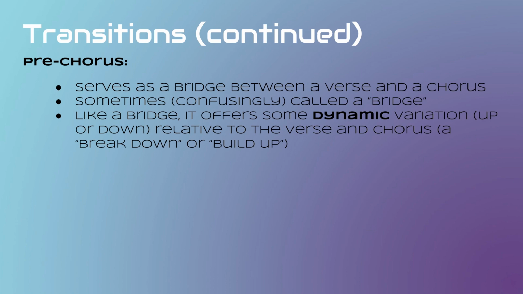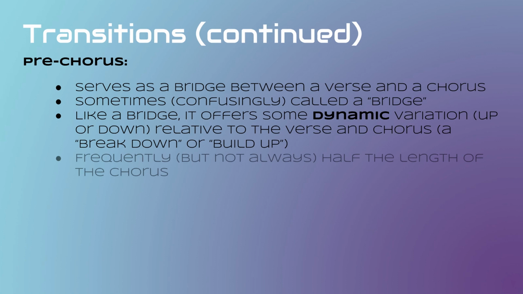Believe it or not, it is actually often a goal for the pre-chorus to do both simultaneously. That is, to lower the initial dynamic energy from the verse, which also allows the start of the chorus to hit harder, but also to create a build toward that chorus, or at least some kind of tension that is relieved when the chorus kicks in. I find that the recent hit High Hopes by one of my absolute favorite contemporary bands, Panic at the Disco, does this very well with its pre-chorus.